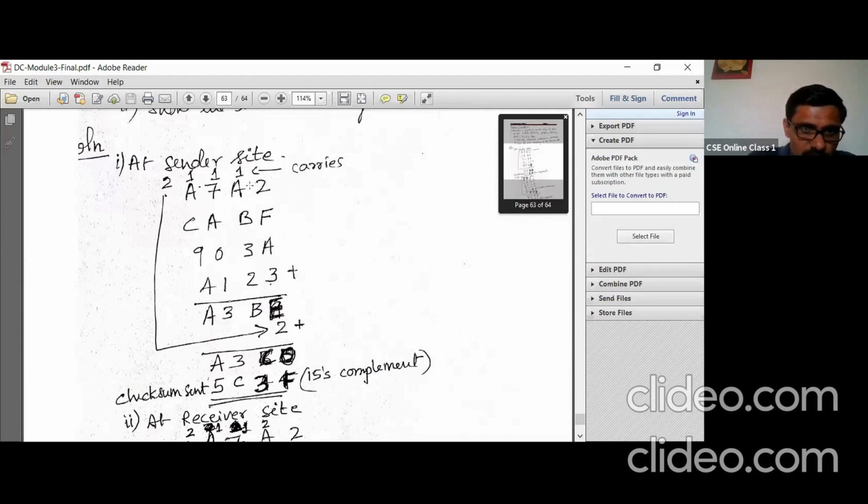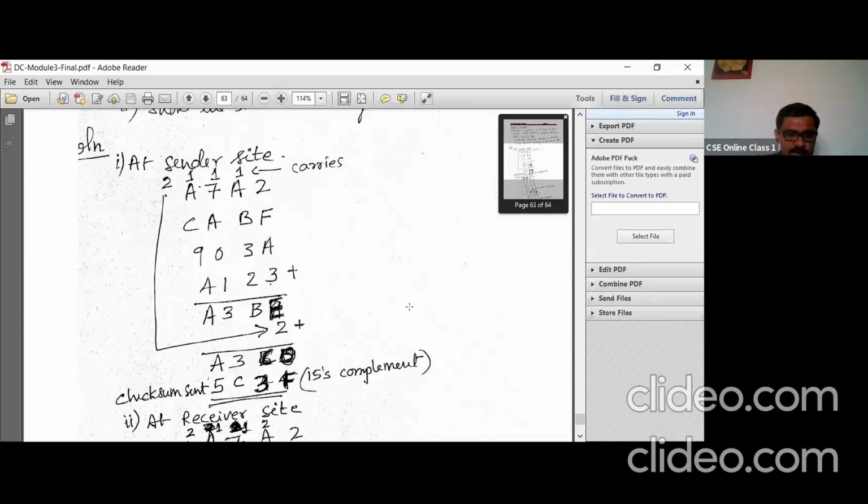So now perform the similar addition operation. You get B here, 3A, and final carry you get 2 here. That is added here. E plus 2 is 0, because 14 plus 2 is 16.